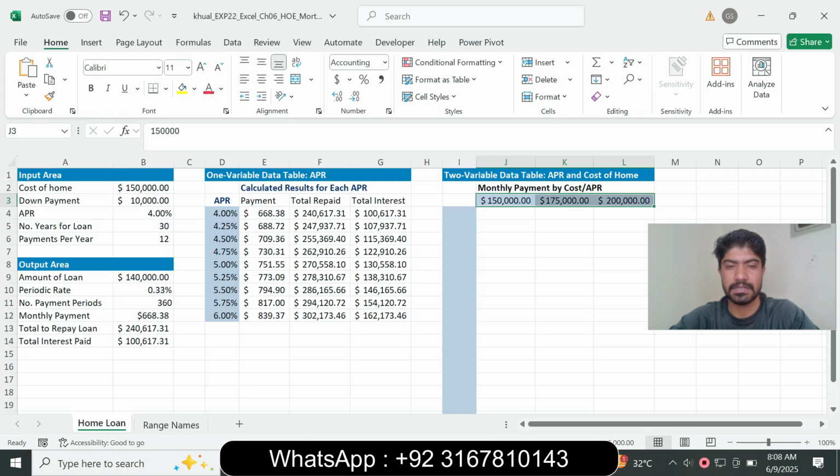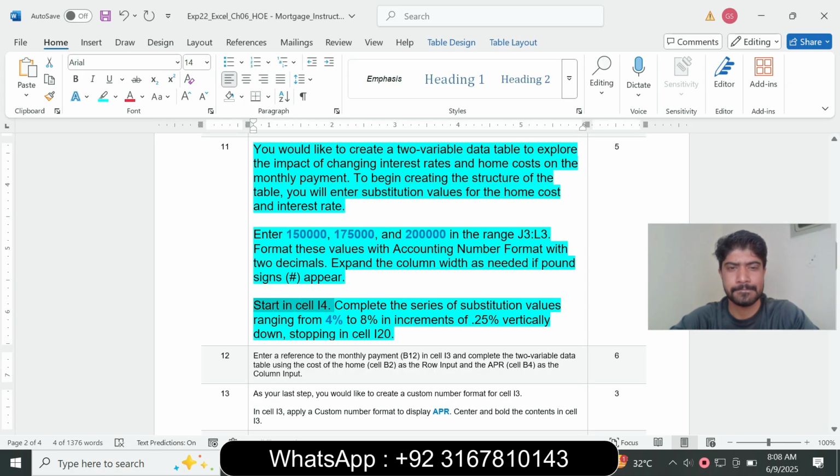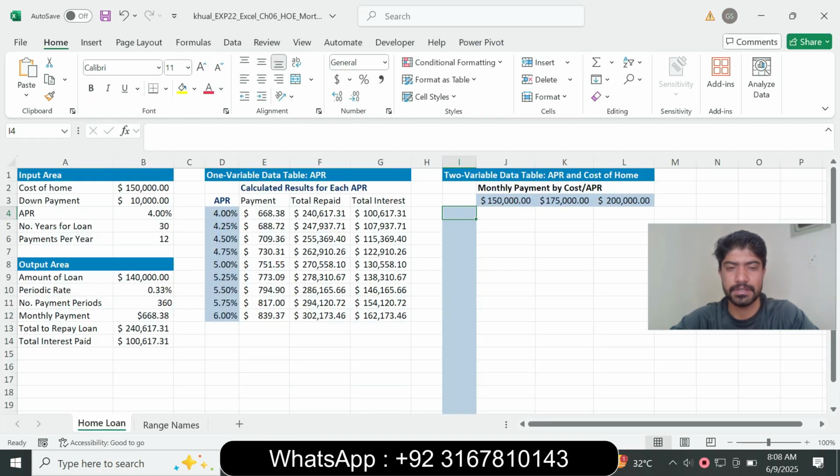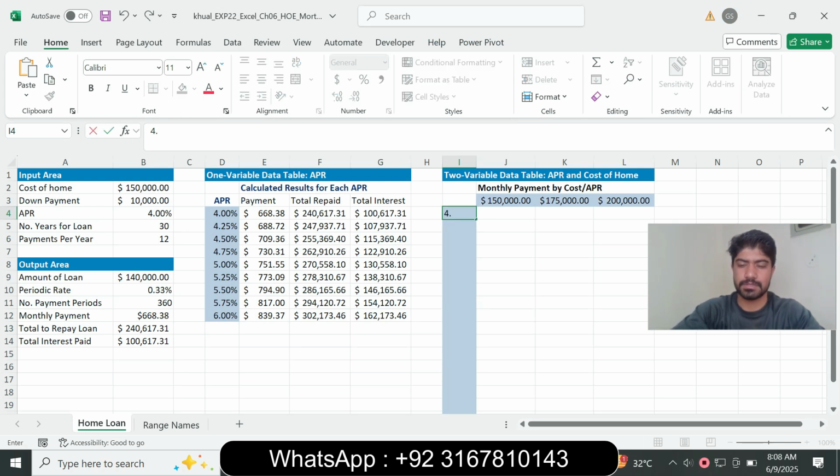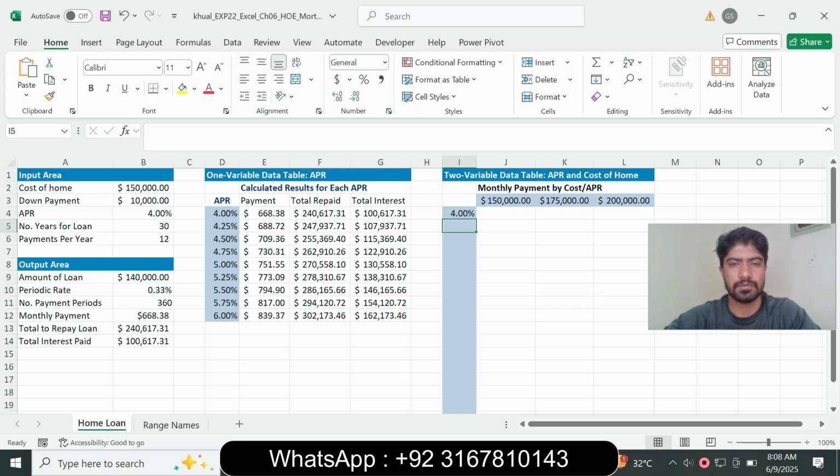So start in cell I4, select cell I4, and complete the series of substitution values ranging from 4% to 8%. So type 4%,